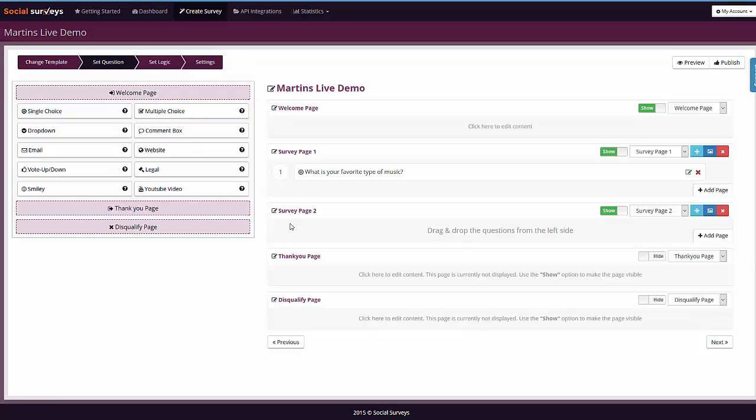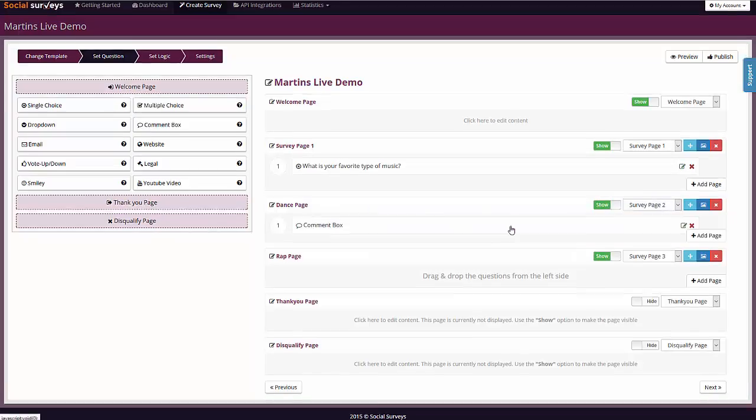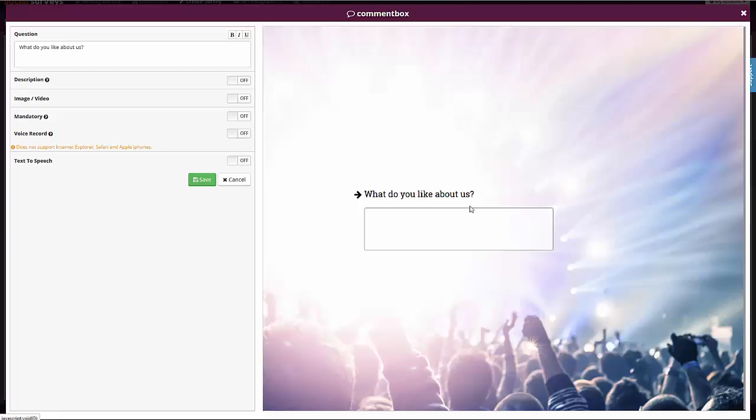So for this demo and to demonstrate the question logic system, which is very powerful, I need to add 3 pages. So you can rename the pages so you don't get lost. So I'm going to call them after the answers, and I'm going to demonstrate the logic now. So we'll add another question specific to the previous answer. So we'll go for a comment box for dance, and we will say